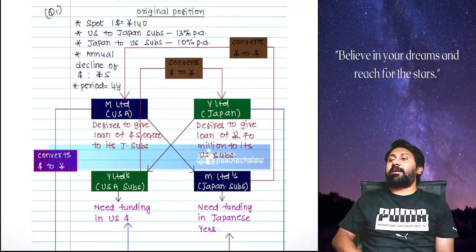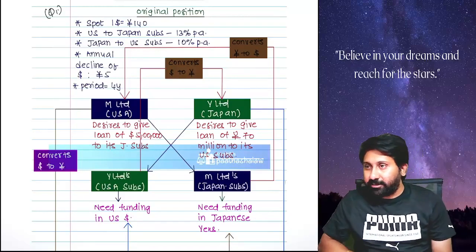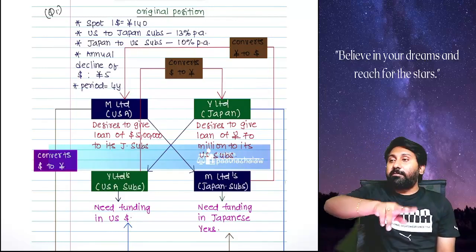How many conversions are happening? Two conversions. They wanted to avoid this. They wanted to go for a parallel loan swap arrangement. Parallel loan arrangement means we are not changing anything. Rather than you giving me the loan,